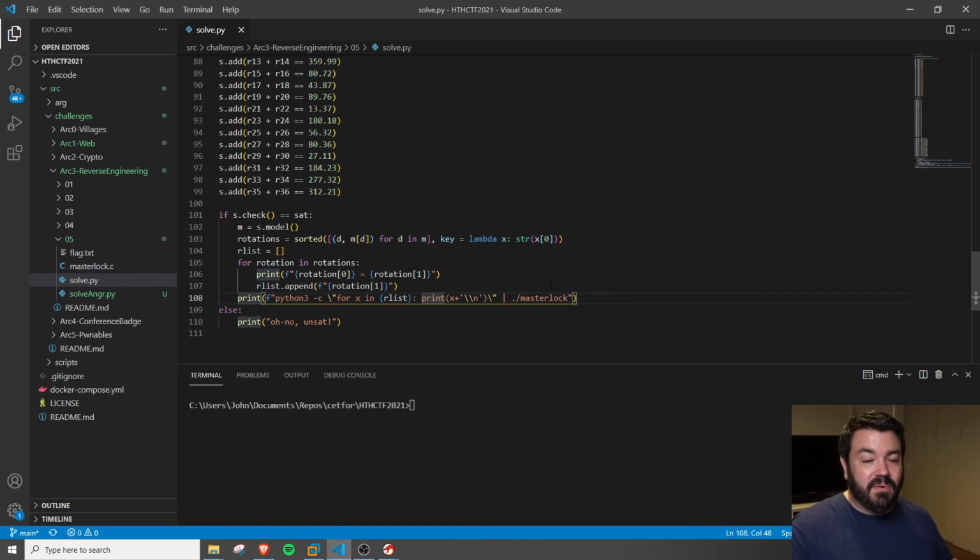This means I don't have to look at one screen and then type it all in. I can just pipe this directly to netcat to the challenge, and then it'll just work. But we'll run it on masterlock locally. If for some reason the check is not sat, it'll say unsat. So sat, again, is satisfiability. If it ever says unsat, it means that your problem is technically impossible, and Z3 would have generated a proof